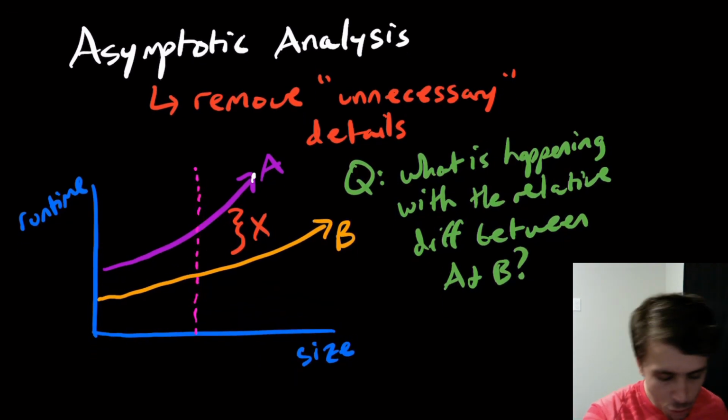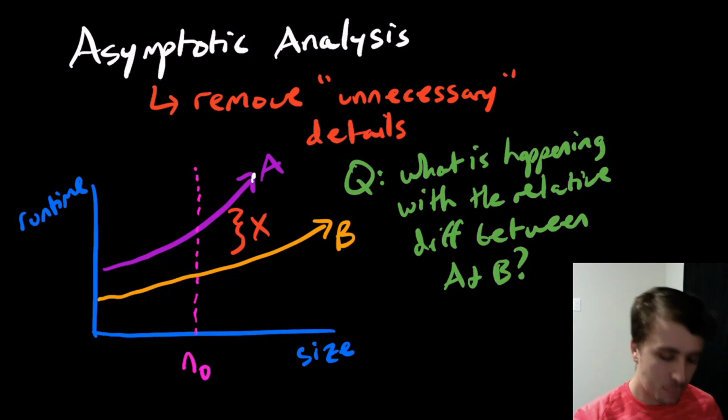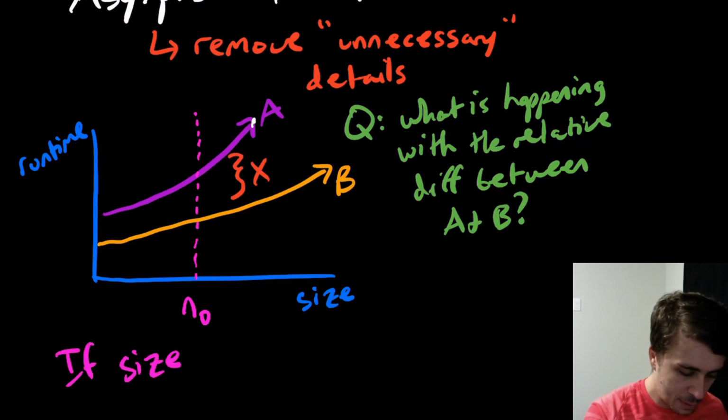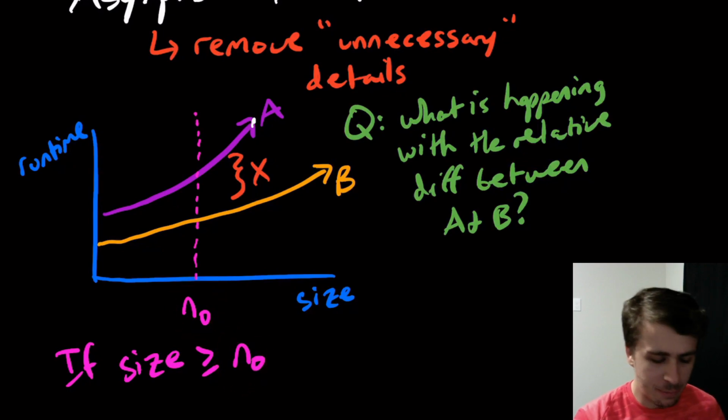And if you take this class, we usually refer to this as N0. So what we can say is if the size of the problem is at least N0, where N0 is just some fixed number,